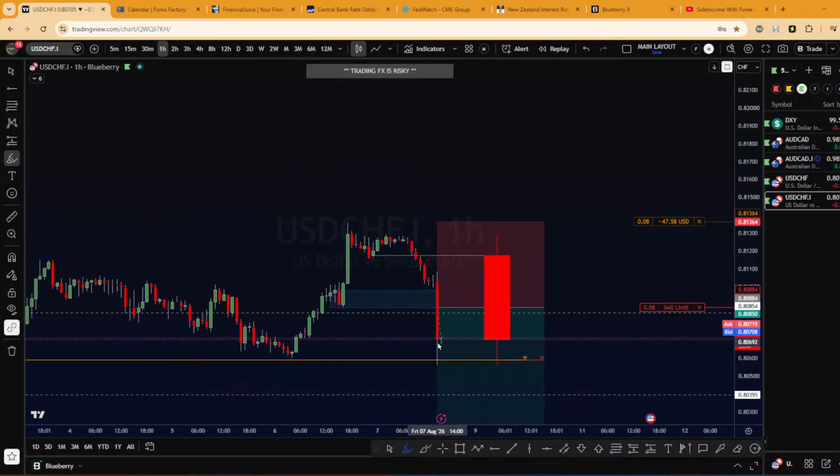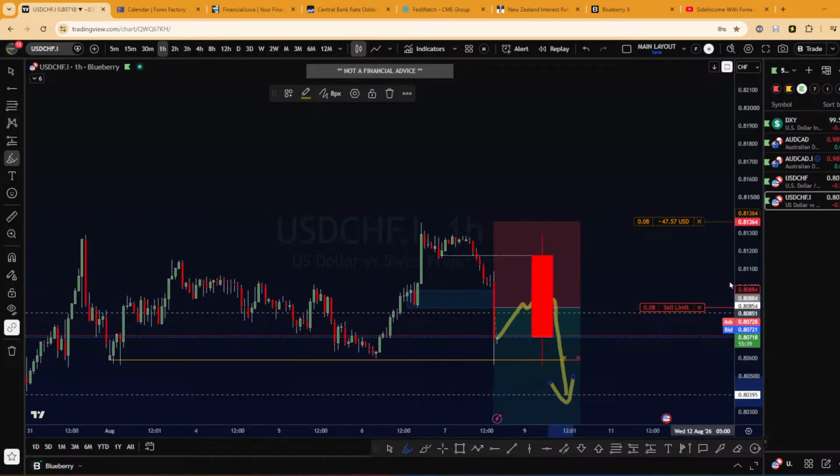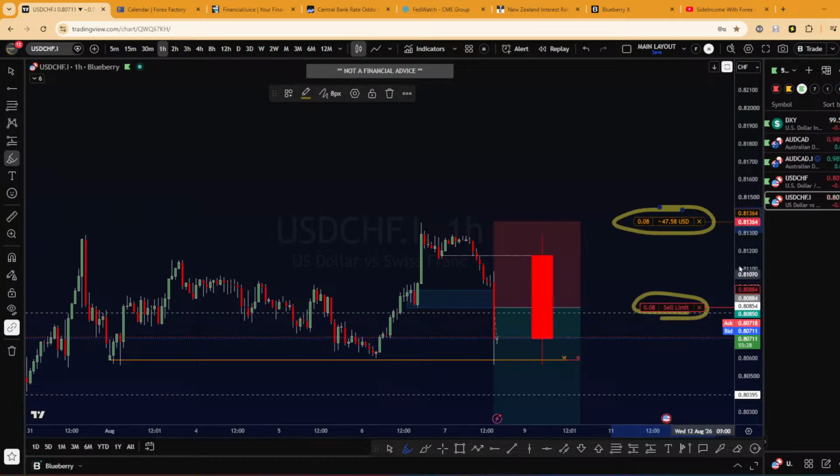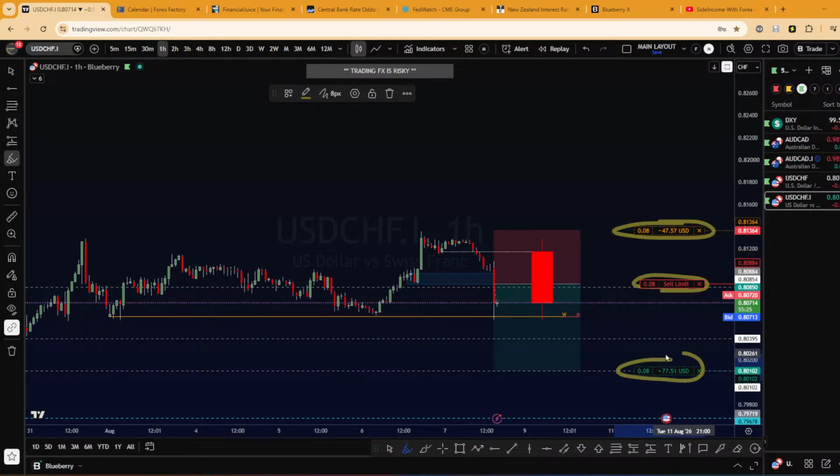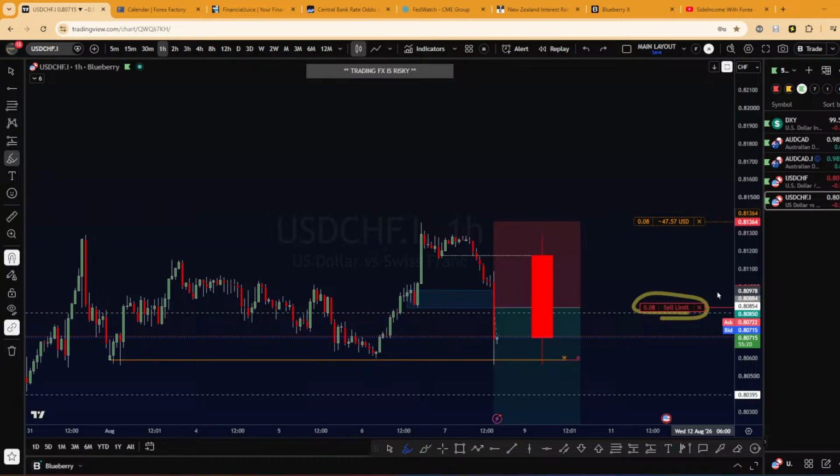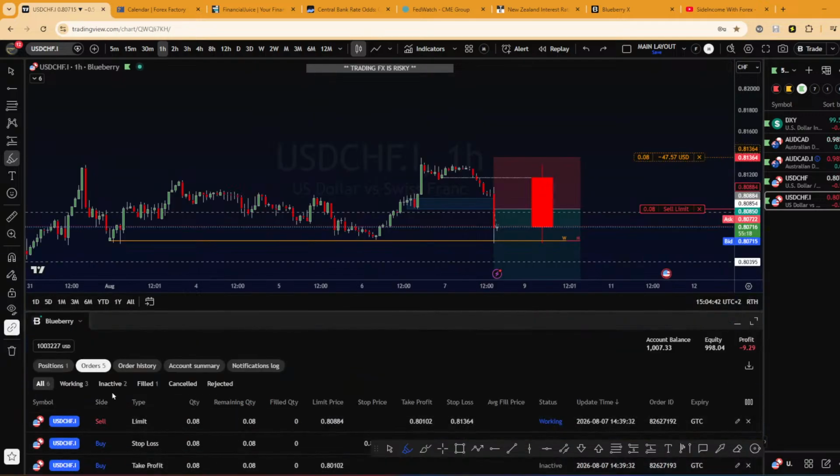Seems like we closed the 1 hour candle with rejection. Interesting. I just want to see some retest before dropping again. So I already put my sell limits, risking around $50, but with spread and all that, I'm risking $47 to win $77.5. This is on my personal public live account, okay?